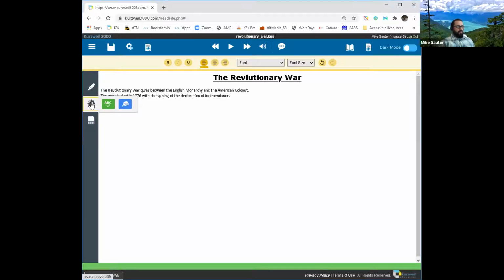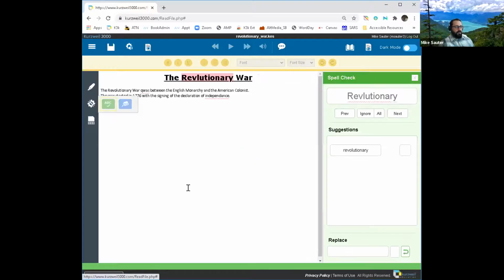The first tool I'm going to run real quick is my spell checker. The spell check tool is found on the left-hand side in that gear icon. I simply check the spell check, and boom, it pops up that I have some misspelled words. The spell checker is great because it shows me what I spelled wrong, asks me what I want to do, and gives me some suggestions. I can ignore it, maybe because it's a proper name, or I can take this suggestion. Oh yeah, that looks like the word that I really wanted to spell.